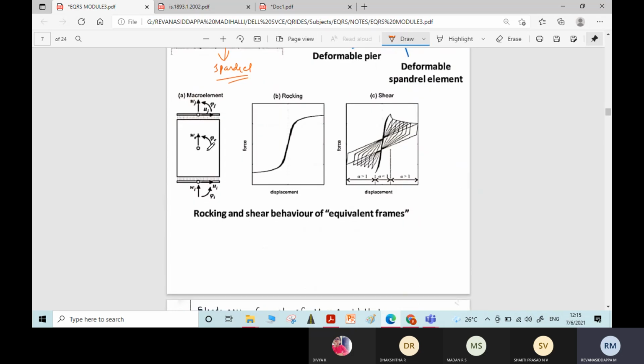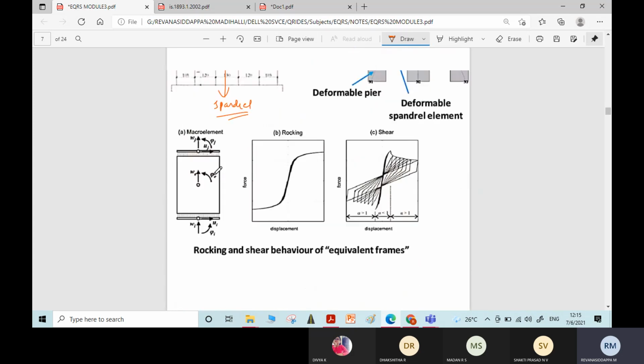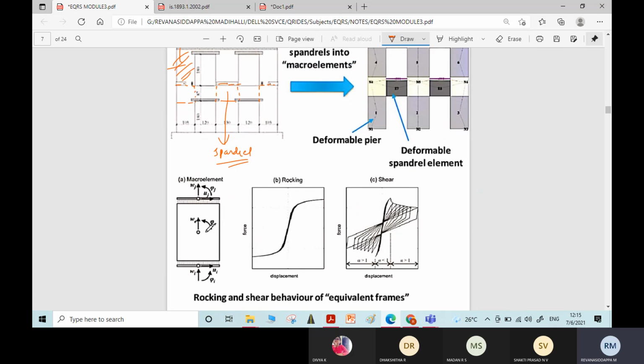In the figure below, you can see a single pier and the loading on the single pier. After dividing this wall into a number of components, one particular component, the pier, is taken. The second diagram represents the force displacement diagram, the variation of displacement with respect to the increase in force, and the third diagram represents the stress distribution, that is, the shear stress distribution in the element.